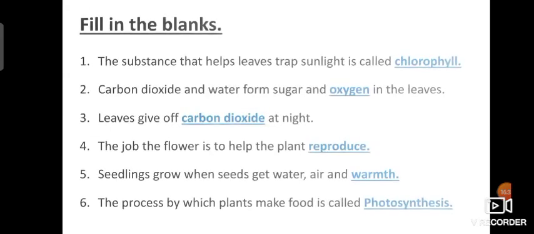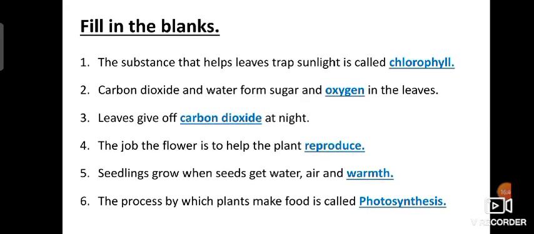The next is fill in the blanks exercise. The substance that helps leaves trap sunlight is called chlorophyll. CHLOROPHYLL. Carbon dioxide and water form sugar and oxygen in the leaves. OXYGEN. Next, leaves give off carbon dioxide at night. Understood? Carbon dioxide.